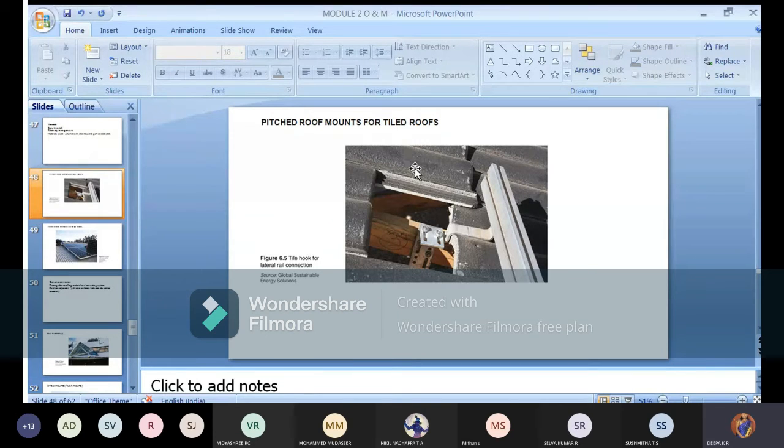Removing the tiles, hope you can see this. You have to remove the tiles, replace them, and mount the PV panel properly within the space. See, they are showing this with the nuts and bolts and how the rail has been connected. They have removed the tile, and it has to be closed back because it should not look odd, right? So this is a process that takes huge time.